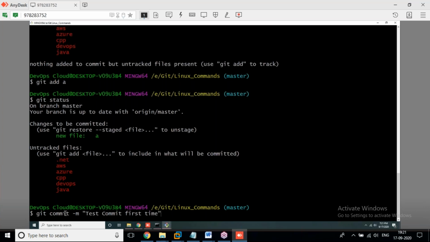Guys, once again I'm repeating. Only the files located in the staging area are eligible for this command. Now, how many files are located in the staging area? Only one.